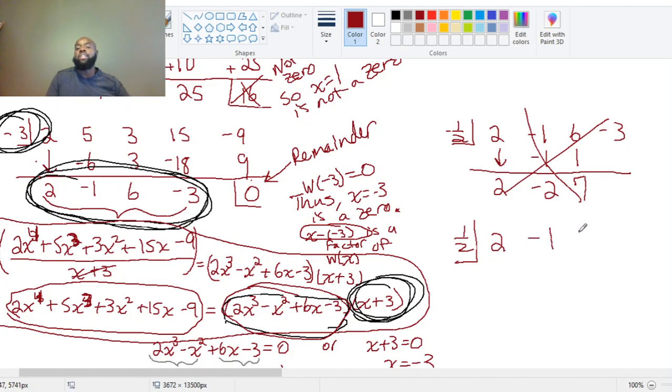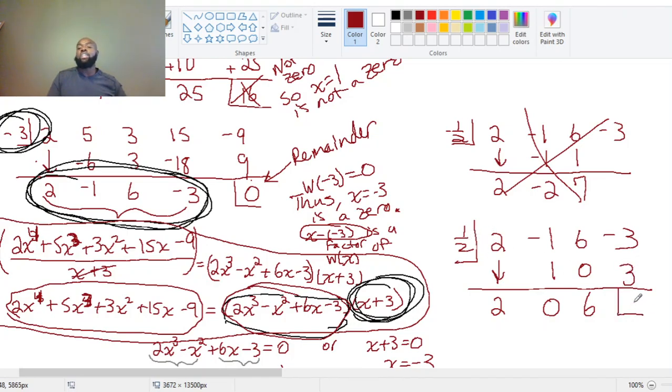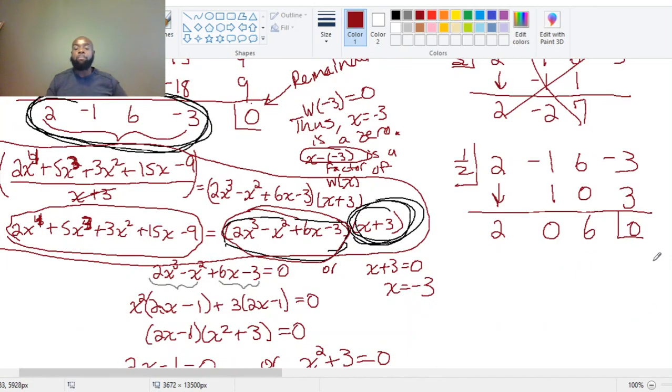2, negative 1, 6, and negative 3. All right. Let's bring this down. That's a 2. 2 times a 1/2 is a 1. Add those together. We get 0. Now this is going to work. 0 times 1/2 is 0. Add those together. I get 6. 6 times 1/2 is 3. Add those together. I get a remainder of 0, right? And so